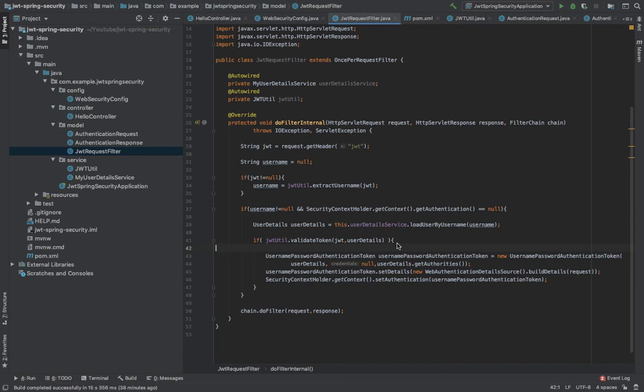Now if the JWT is valid, I am going to create a UsernamePasswordAuthenticationToken, which is the standard token Spring uses to authenticate, that we already talked about earlier. Then I am going to set the request details in the token and then set the token in the security context.